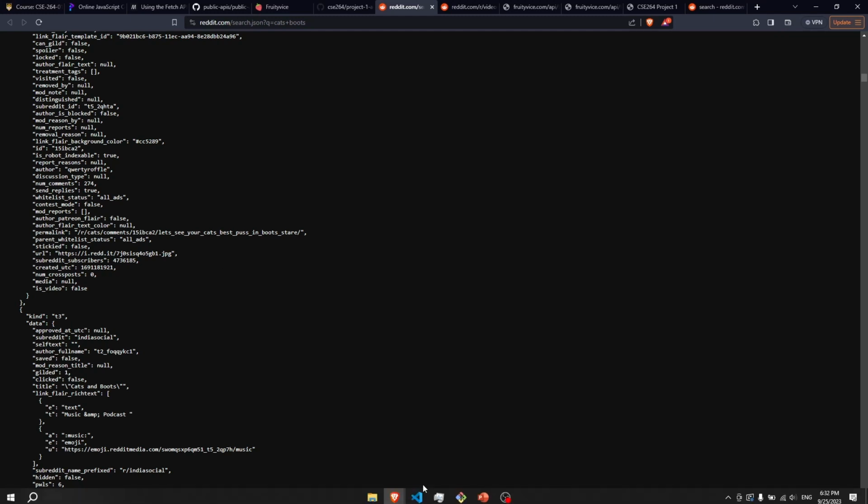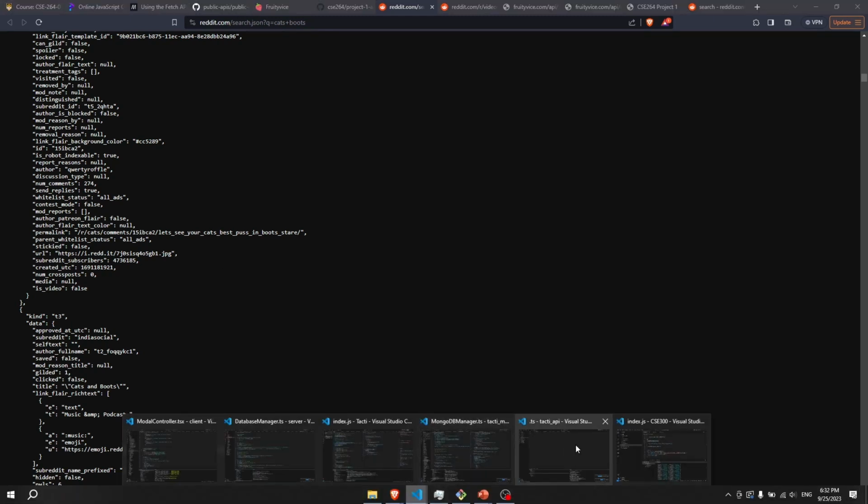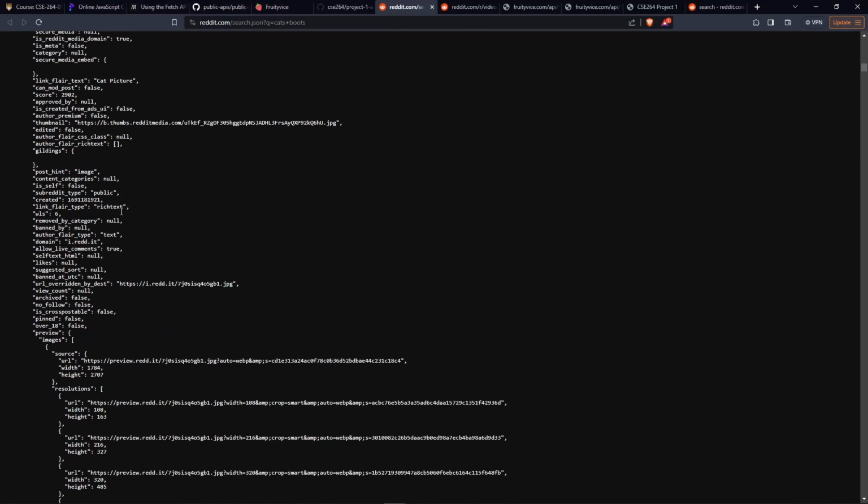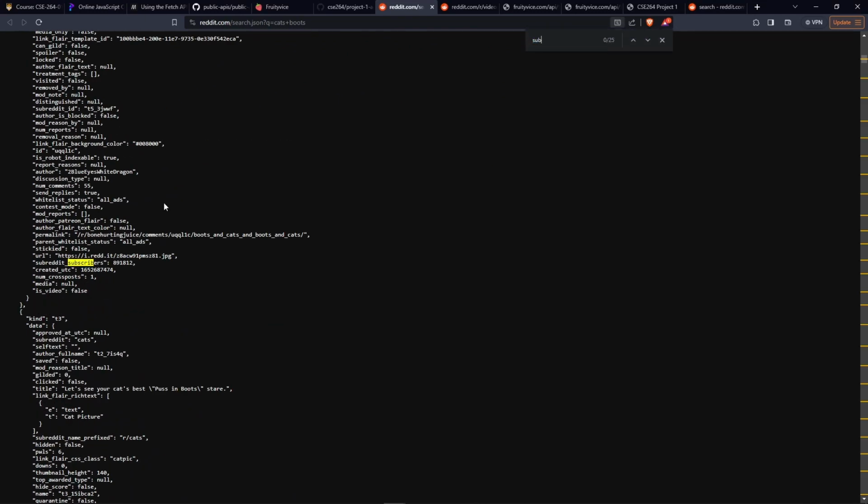So in this case, we loop through all of the fruit, right? And then we send each one, like each request individually. If you do the same thing with your homework assignment, you'll be sending 100 separate requests to the subreddit, even though there are only 10 subreddits. So it's a little bit wasteful. So what you're supposed to do is basically filter out any duplicates, right? And the way you do that is, well, first you identify where the subreddit is